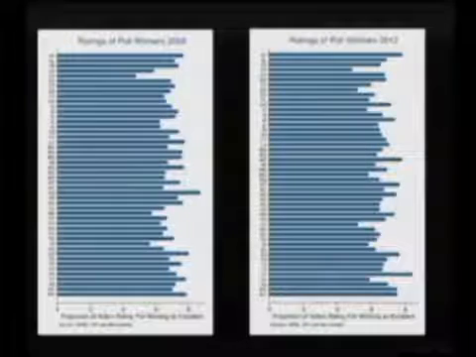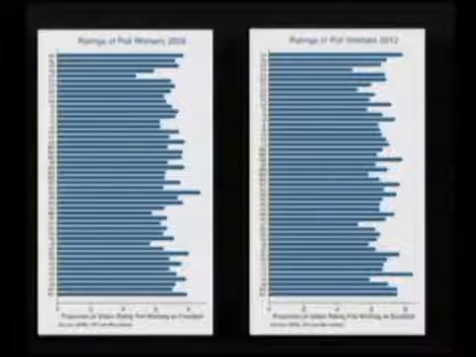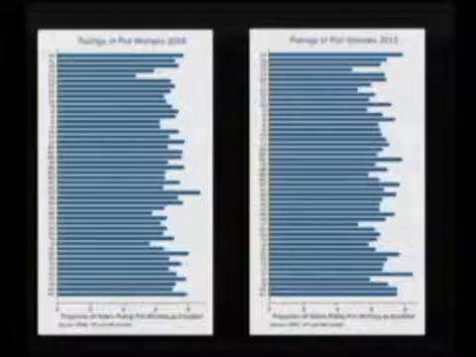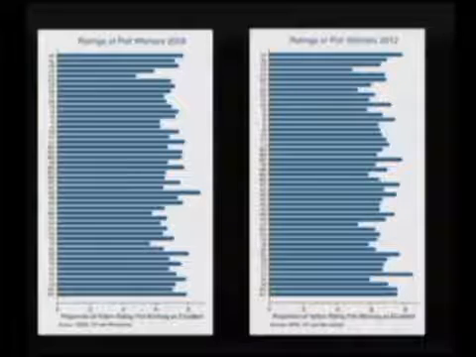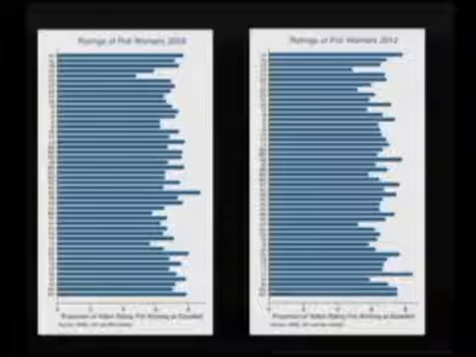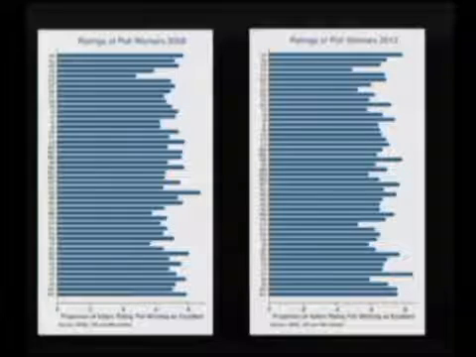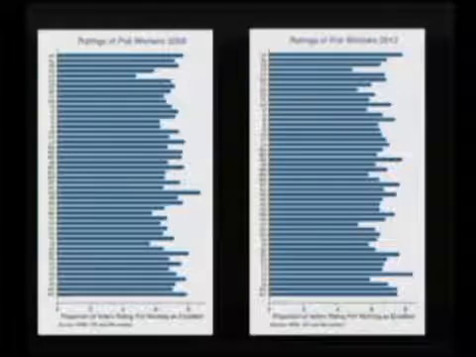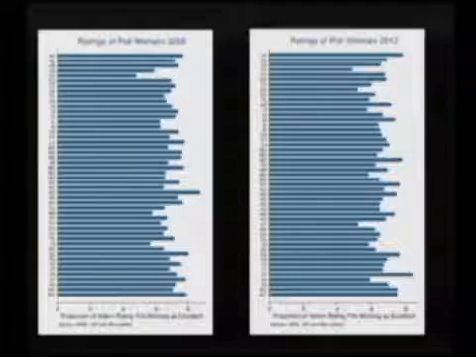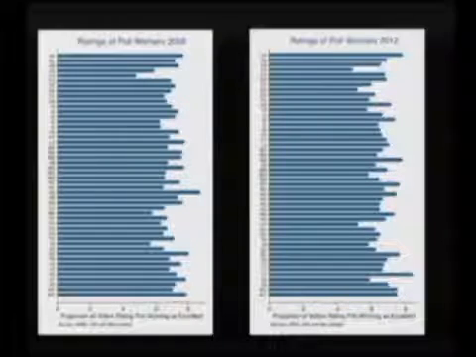And then finally, from other evidence, we have ratings of poll workers by voters. This is the percentage who say their poll worker was, I think, excellent. And you'll see that most are very satisfied, with probably 80% on average rating poll workers quite well. There's some variation, and that seems to have to do with whether the state is rural or urban. So the states with the highest rankings in 2012 are places like Alaska and Idaho and Maine. And states with the lower rankings are places like DC and New York.